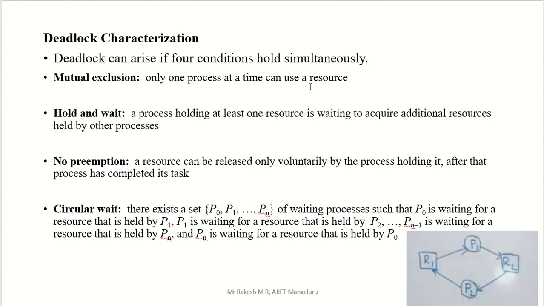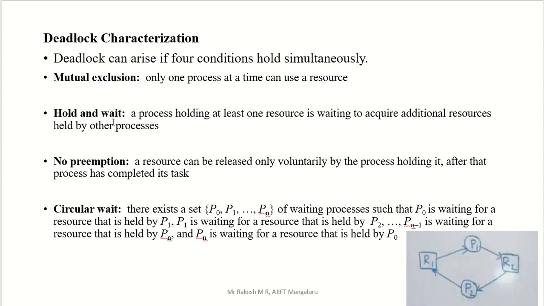Consider two processes, P1 and P2. P1 wants the resource, P2 also wants the resource. So there is a mutual exclusion between the two processes, and only one process can use the resource. At that time the other is waiting. Once the first one is completed, then the second one executes, that means the second one uses that resource. That is called mutual exclusion. Only one process executes or uses the resource at a time.